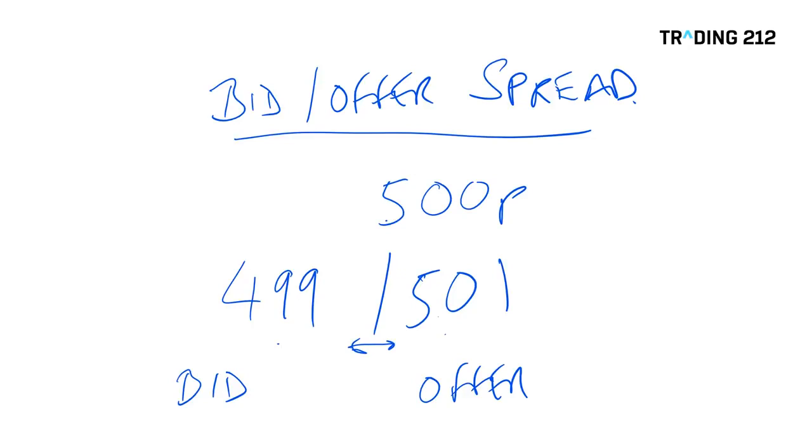And the concern to us amongst traders is how much does the market have to move for us to be at break even? Because clearly, if we're buying here at 501, if we decide to sell straight away, we're going to have a loss. The market needs to move, in this example, 2 points, 2 pence for us to have a break even trade. If we were trading something that had a 50-point spread, then clearly it needs to move 50 points in our favour for us to break even. But as usual, I think this makes a lot more sense when we look at it on the trading platform.